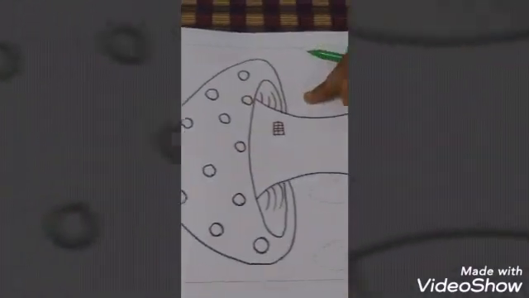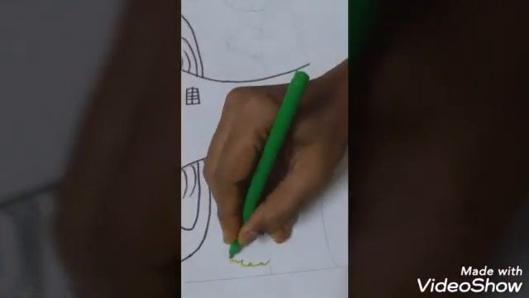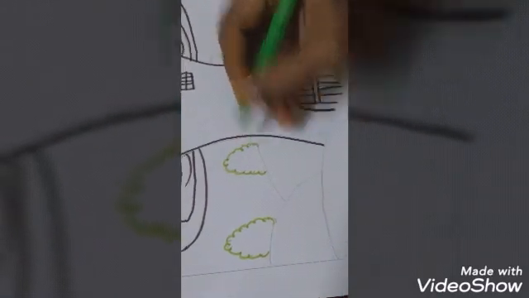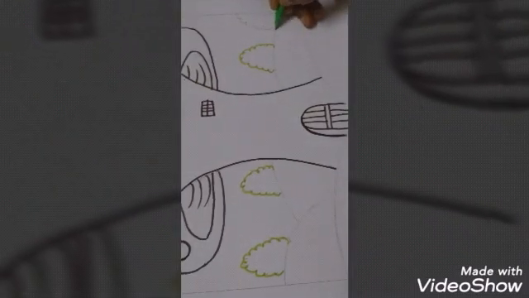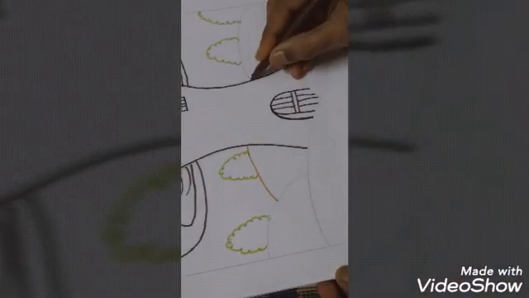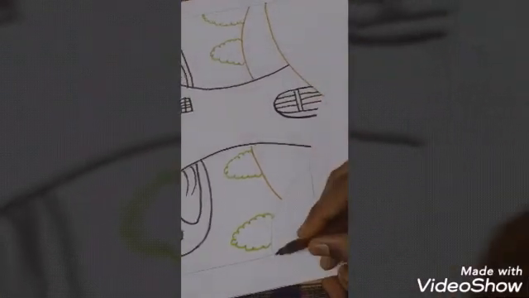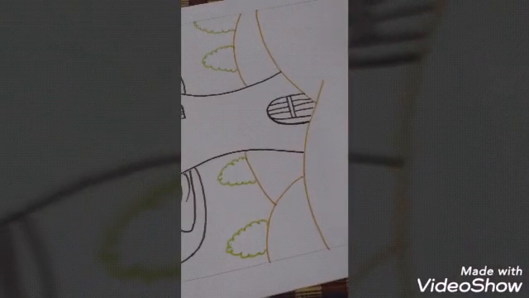After finishing the mushroom outline with the brown sketch, next you can take green for bushes. Only the outline we are using sketch for. Next take light brown. Okay, mud, mountains, no, small, like a floor. That one we have to finish with the brown.